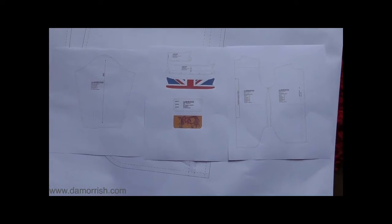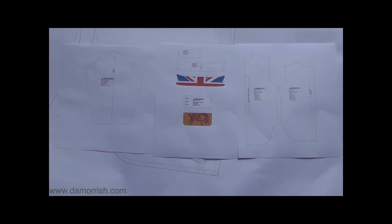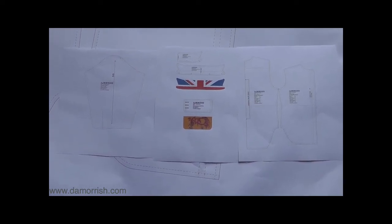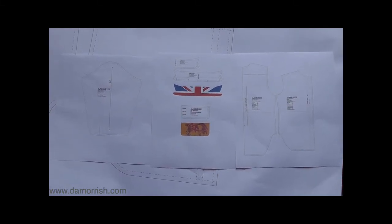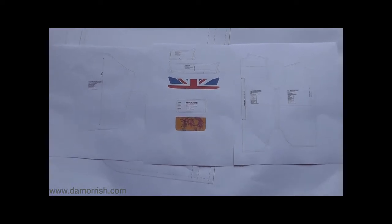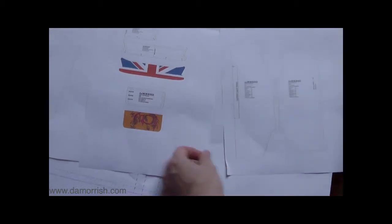Okay, what you're looking at here are the printouts of the drafted pattern that I've used, done using Adobe Illustrator and the menswear classic shirt generator. Now, I've actually printed these out, and what you're looking at here are the first attempts, and although they might look okay in terms of the general shape and the information that's on them, if I bend down to pick these up,